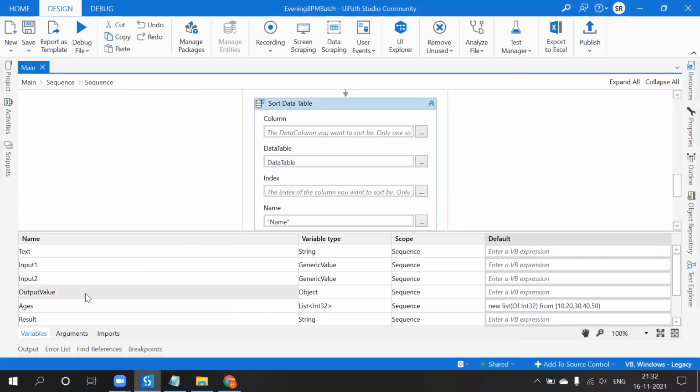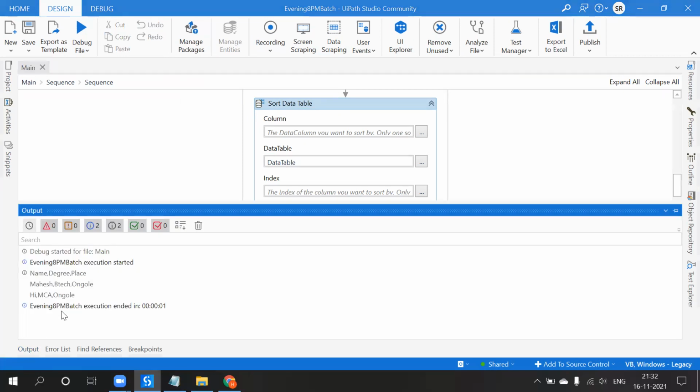See now. Previously when I put ascending, it displays in the same way, but when I put descending, the first is the letter that comes last. Ascending is nothing but from starting to end, and descending means in the reverse way.